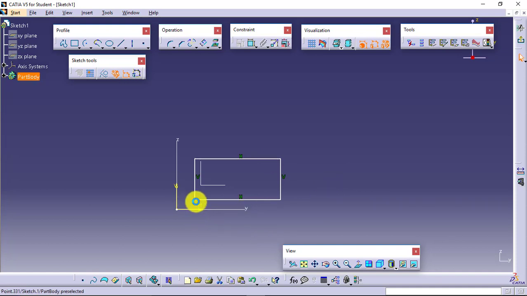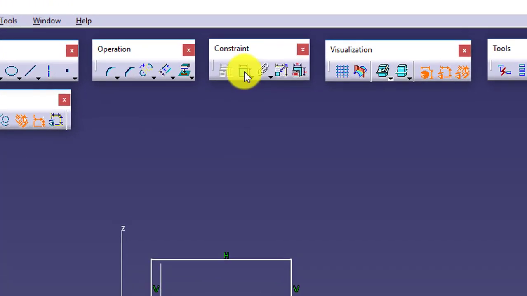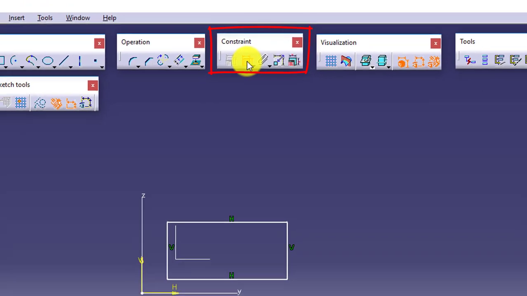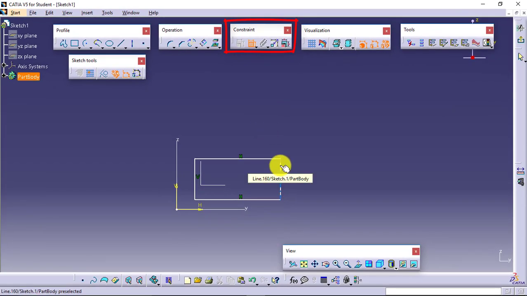Also, I don't have any idea about the coordinates of this point, where exactly this point is. So to restrict its degree of freedom will be our task. We will be restricting its degree of freedom by means of constraints, geometrical as well as dimensional. To apply this, I will click on this constraint option, select it, and select the object or objects. I'll select this, so you can see this is how the constraint will be. This is your dimensional constraint.